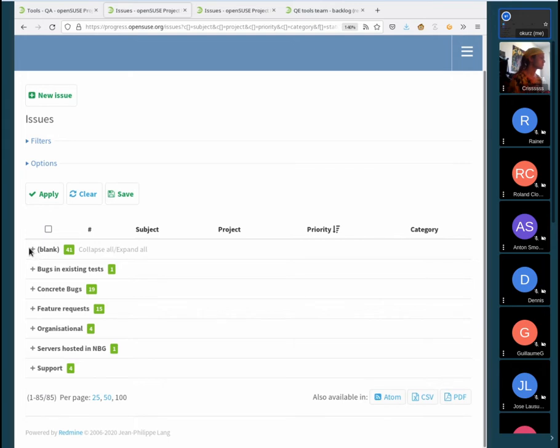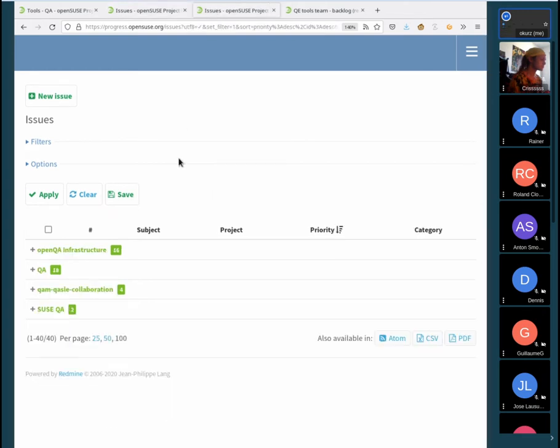First, I will go into this blank category, meaning all the various related ticket projects. You can see that we had a lot of openQA infrastructure issues, and multiple in the QA project, meaning something which is not necessarily openQA, but something in related tooling where we maintain the software or where we still maintain the solutions. Also, there's a collaboration project, which is like hierarchical coordination, and an internal project.